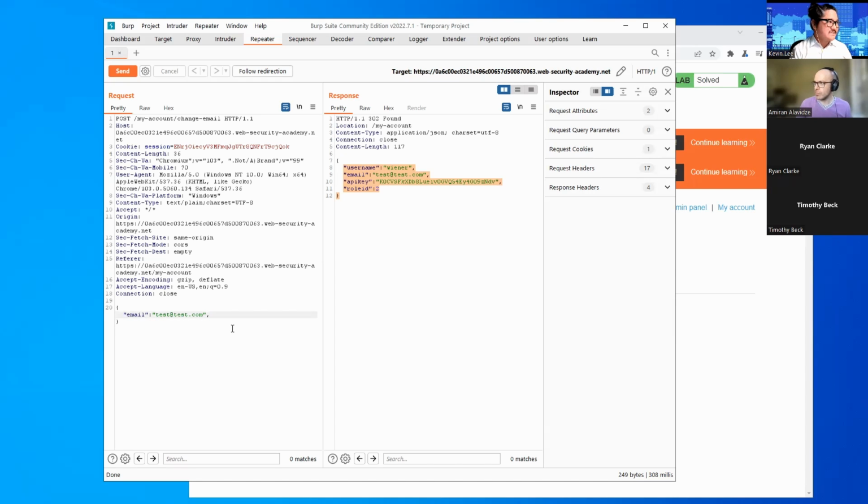So after the comma, just double quote, roleid, double quote, then colon, then 2, and then send that request. And it should appear like this. Okay, if anybody's stuck, please type I'm stuck in chat, and we'll try to help you out.